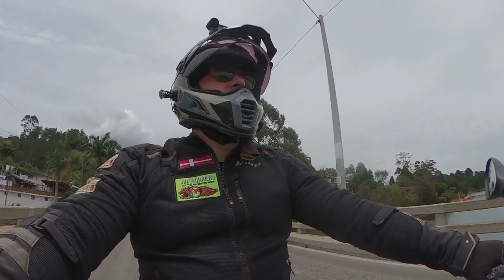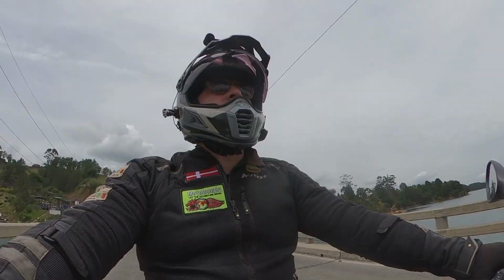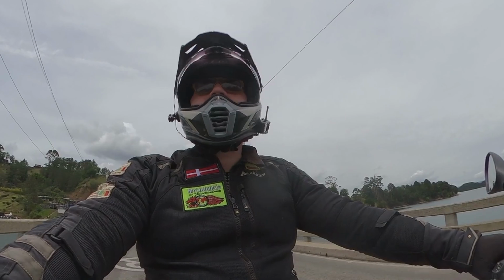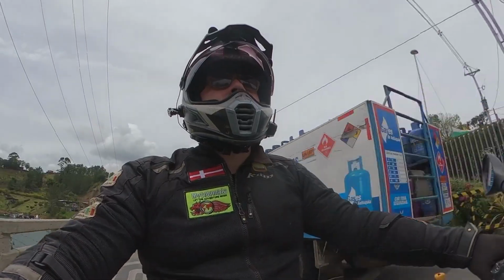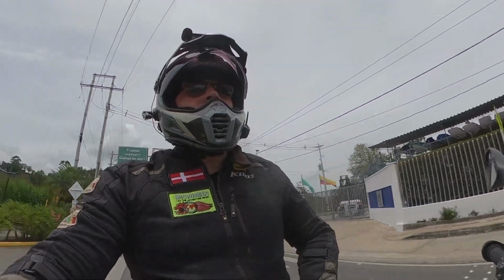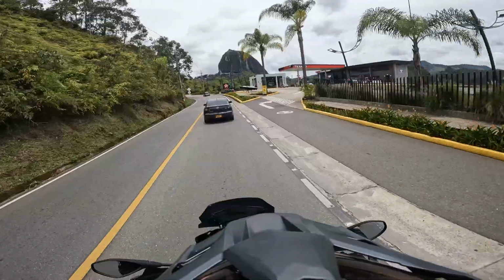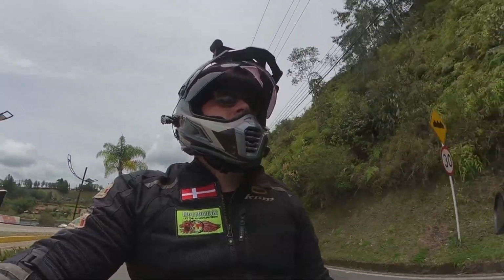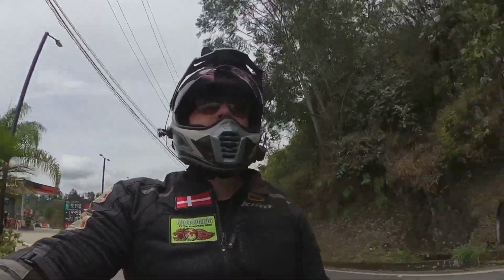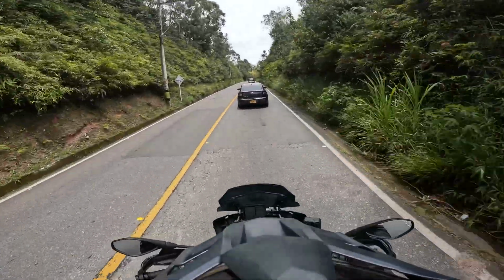There we have it, El Peñol, the big monolith rock that just sticks out of the earth right here in the so-called Lake District around Guatape. It's actually an artificial lake with a huge hydroelectric plant. So it's a pretty impressive sight. There are, I believe, a little over 800 steps